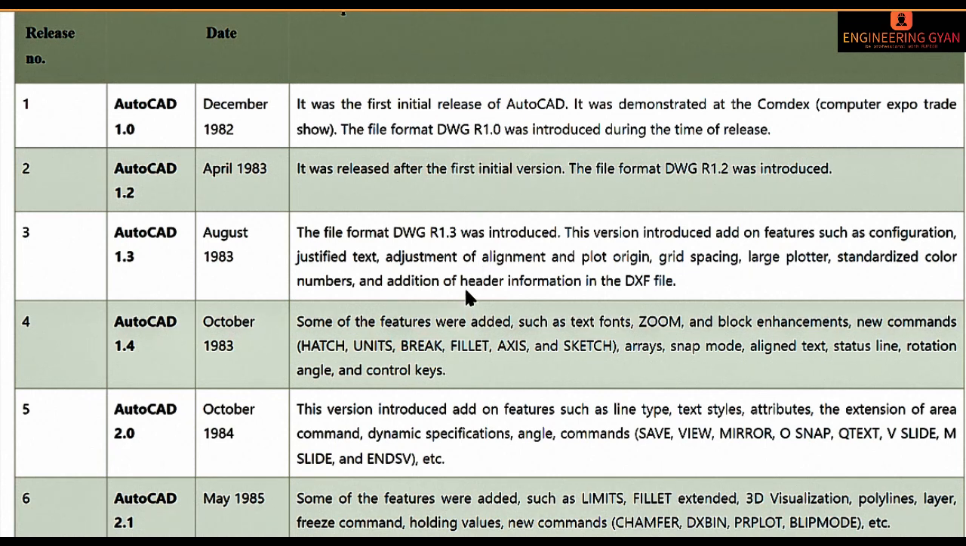Then AutoCAD 1.4 came in October 1983, and some features were added such as the text format, zoom and block enhancement, and new commands: hatch, unit, break, fillet, axis and sketch. These are the commands which were introduced in October 1983 in the AutoCAD 1.4 version. Array, snap, mode, alignment, text, texture, rotation, angle and control key are also commands which were introduced